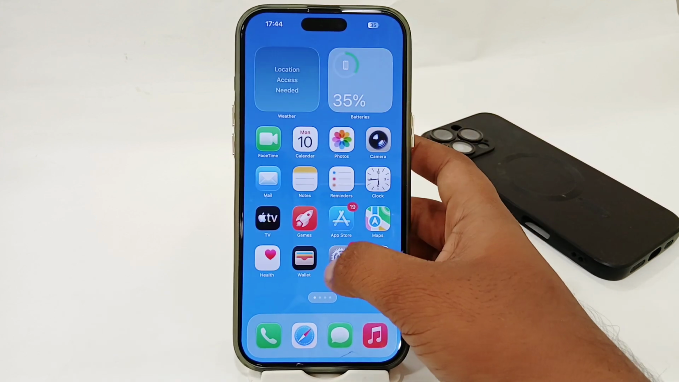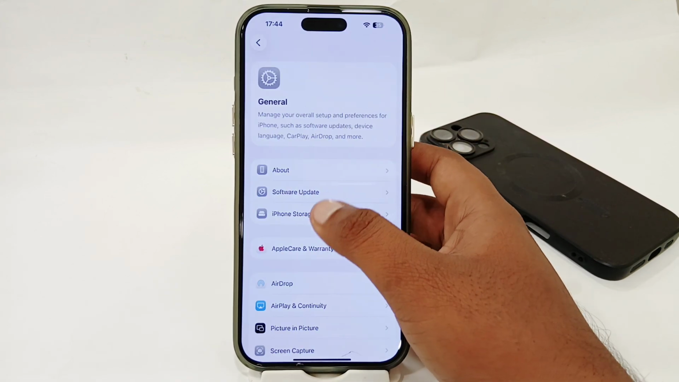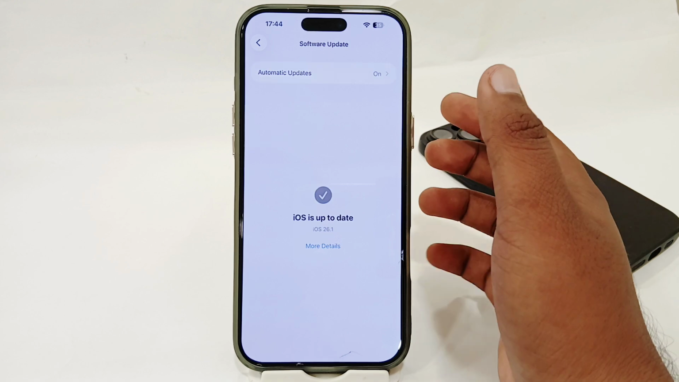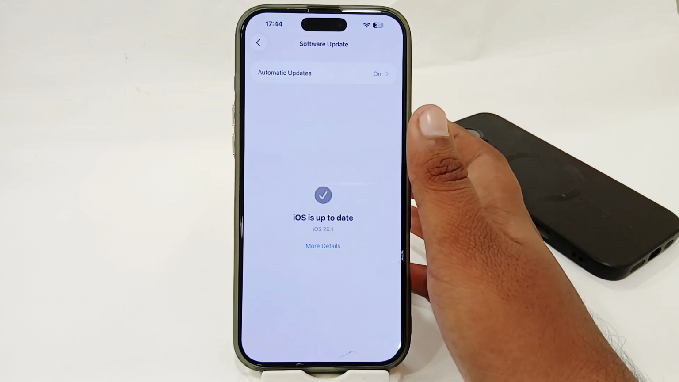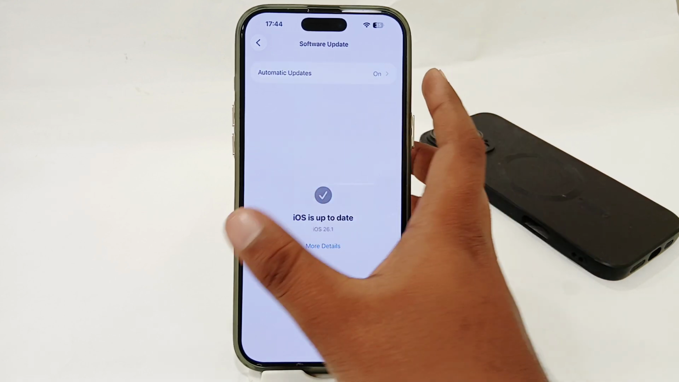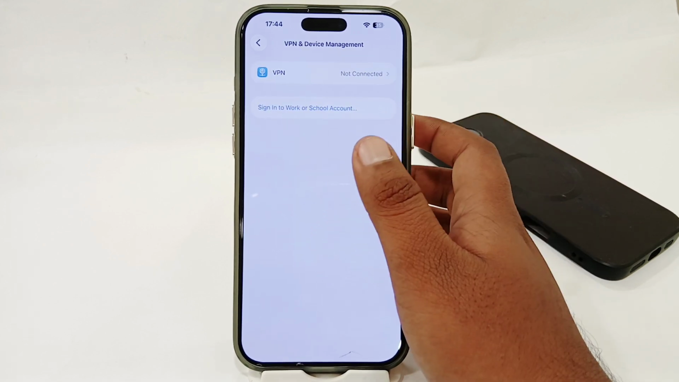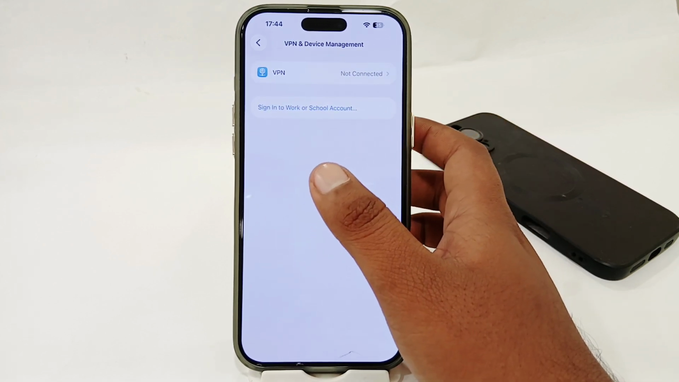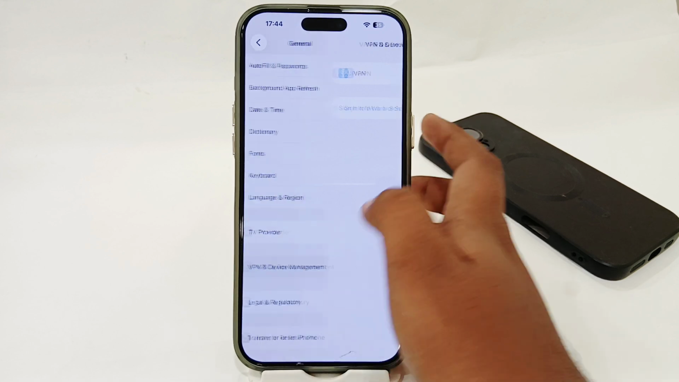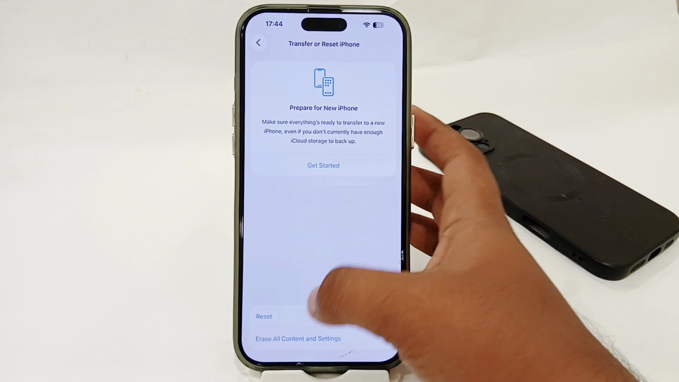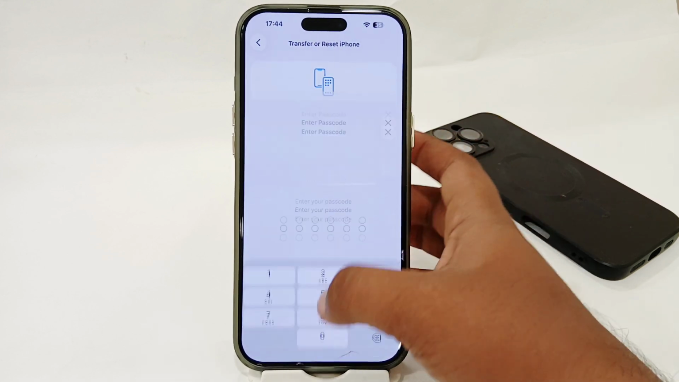Then go back, open the settings app, go to general, go to software update, and make sure that there are no pending software updates. If you find any, try to update your software. Then go back, open VPN and device management settings, and make sure that your VPN is not connected. If you find any connected VPN, try to disconnect it. Then go for transfer or reset iPhone, select reset network settings,